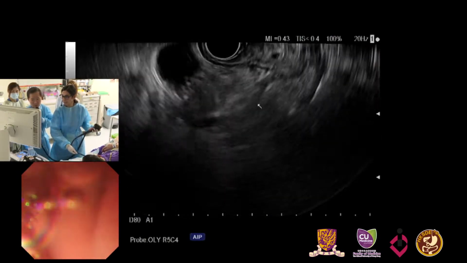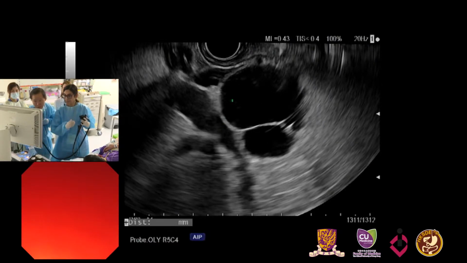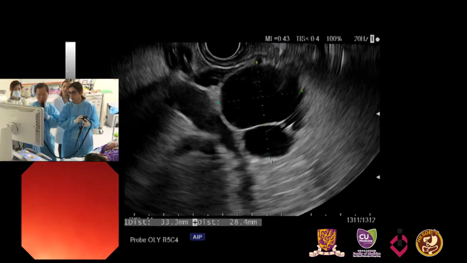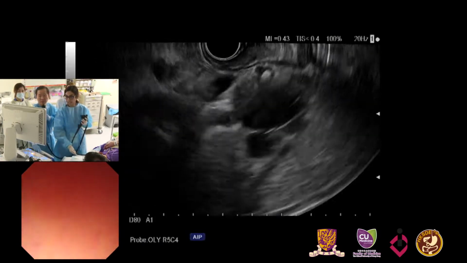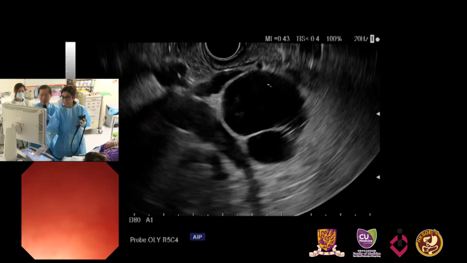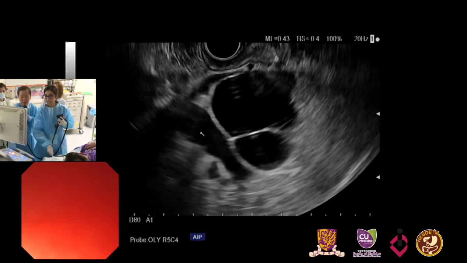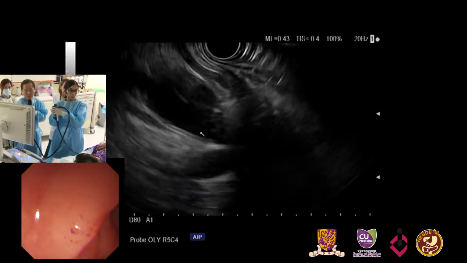We measured it at about, I think, 3.3 centimeters. It looks multi-lobulated. There are thin septations. The other thing we always comment on EUS, if there's any mural nodules or any eccentric wall thickening, none of which we see on this lesion. And then we also see the bile duct just going superiorly, and then we see the portal vein adjacent to the cyst. And then the one other thing we always want to comment on is, do we see any communication